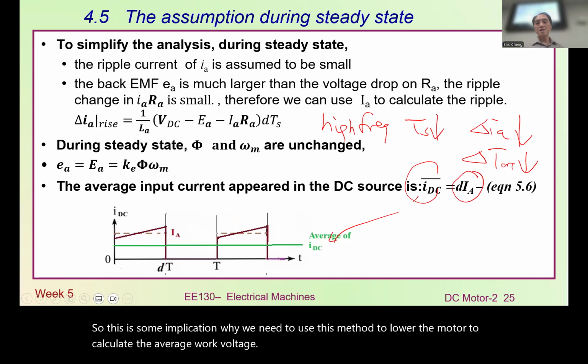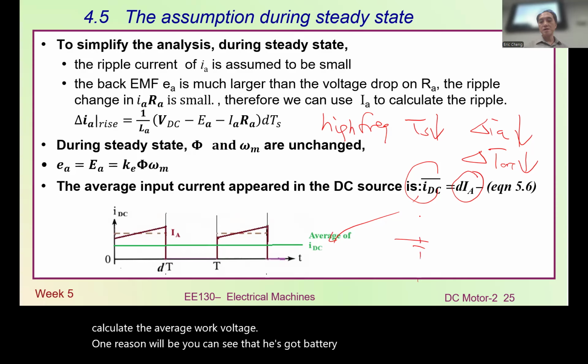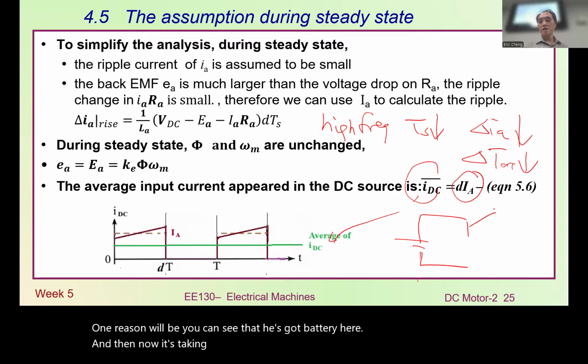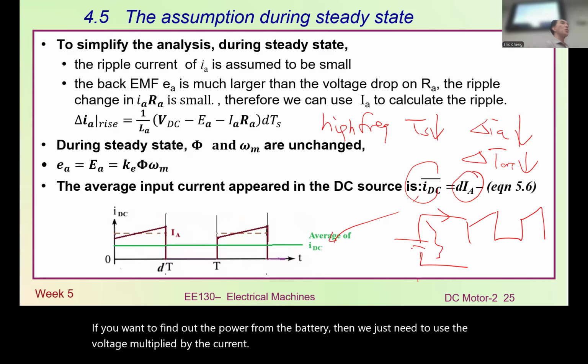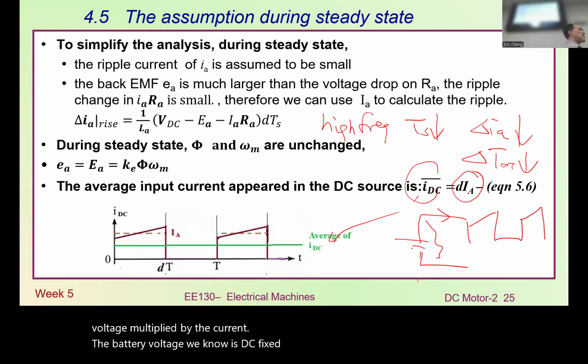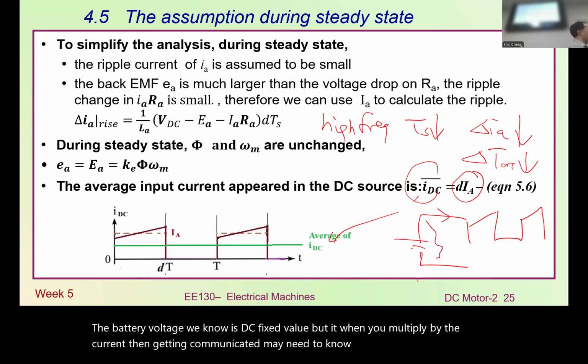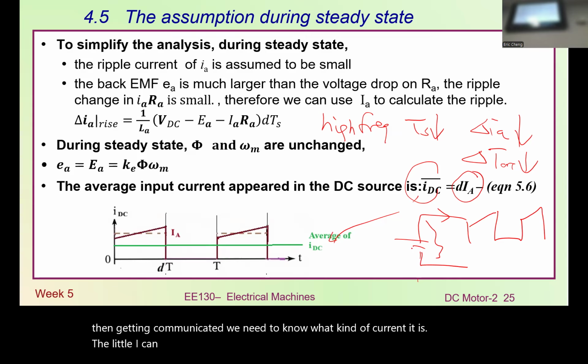One reason will be, you can see that you've got a battery here, and now it's taking the current in this kind of waveform, right? If you want to find out the power from the battery, then we just need to use the voltage multiplied by the current. The battery voltage we know is a fixed DC value, but when you multiply by the current, it's getting complicated. We need to know what kind of current it is. Later on, I can show you what we need to do to find the power rating or input power